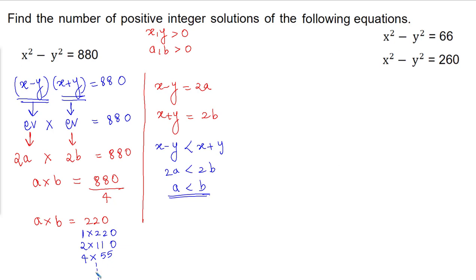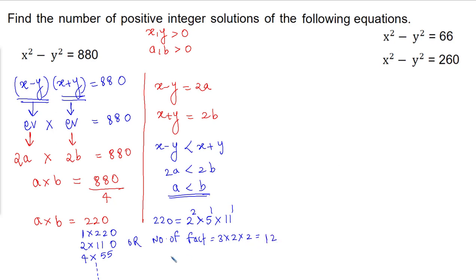Okay, we can list it down, or what we can do is the prime factorization of 220. Okay, 220 is equal to how much? 2 square into 55. Okay, 55 into 4. That is 2 square into 5 to the power 1 into 11 to the power 1. So over here the number of factors are going to be how much? 2 plus 1 is 3 into 1 plus 1 is 2 into 1 plus 1 is 2. That number of factors are going to be 12.